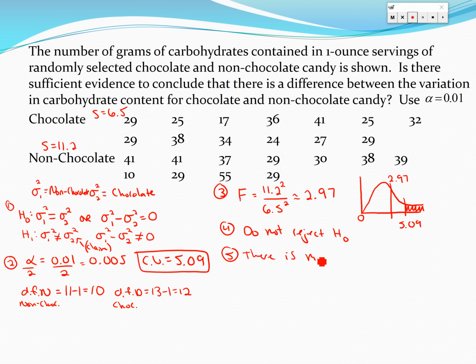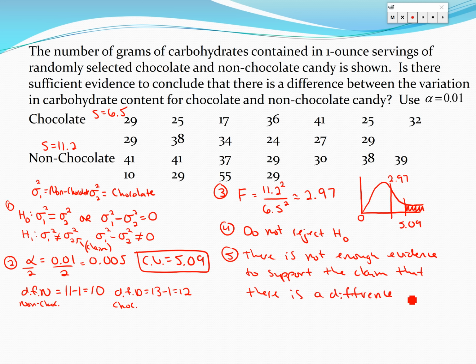So there is not enough evidence to support the claim that there is a difference between